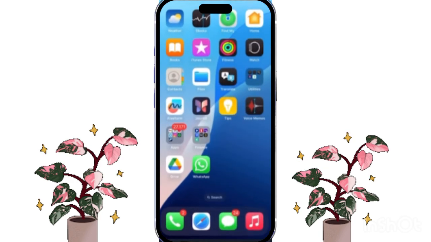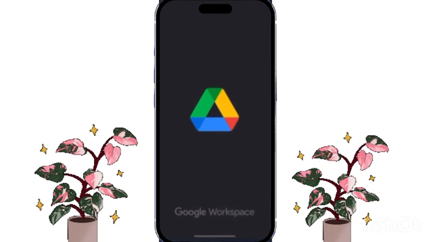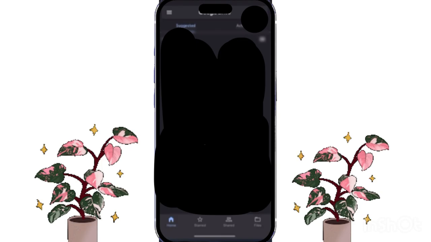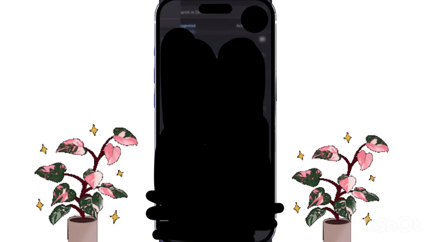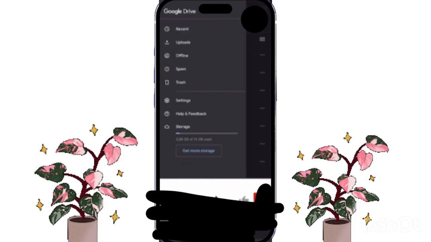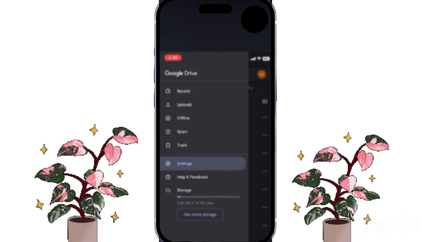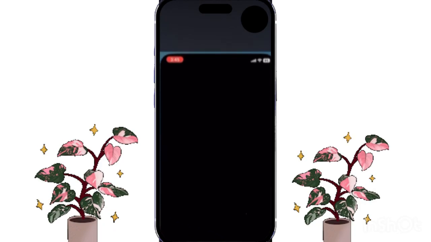So now let's go to Google Drive. Here you can see on the screen, open the Google Drive. After opening the Google Drive, you have to choose an account, in which Gmail account you want to save your data. So I'm hiding this because this is my personal mail. Hope you understand. And now after selecting which Gmail you want to use, go to the settings and a new